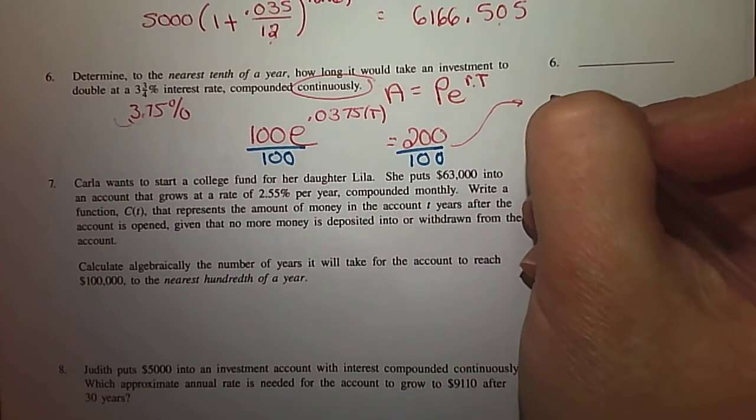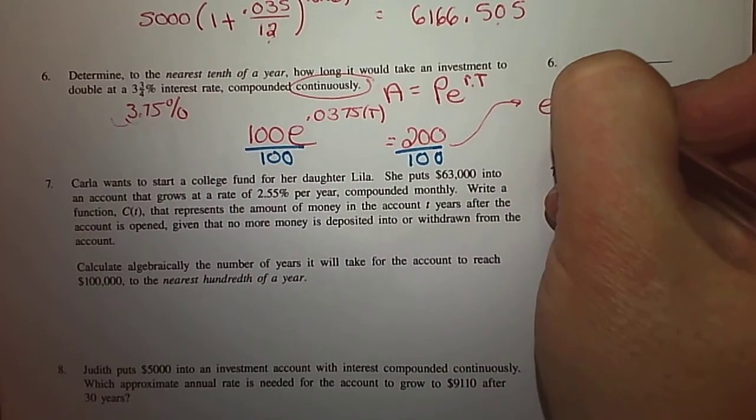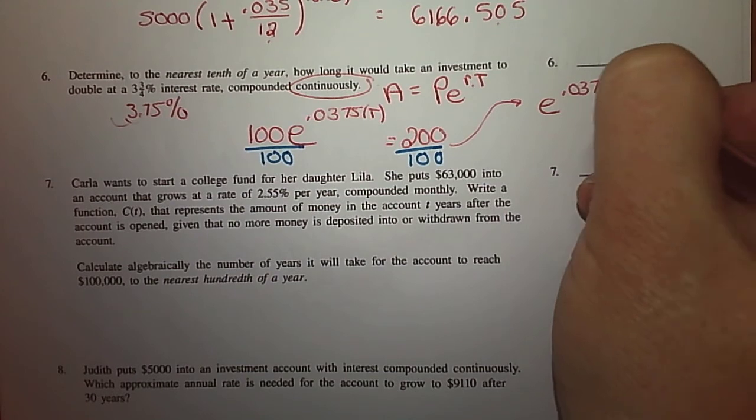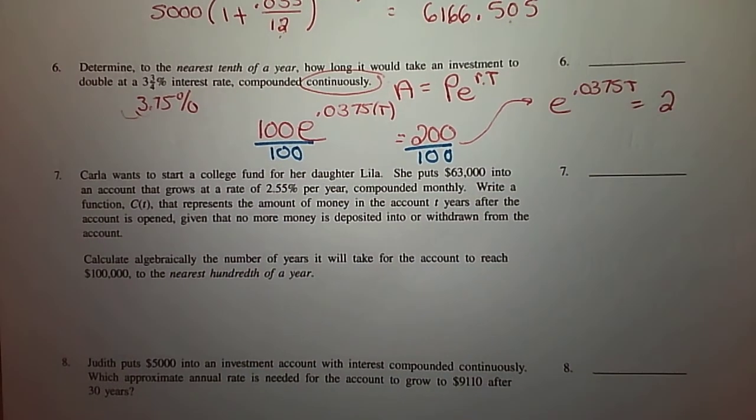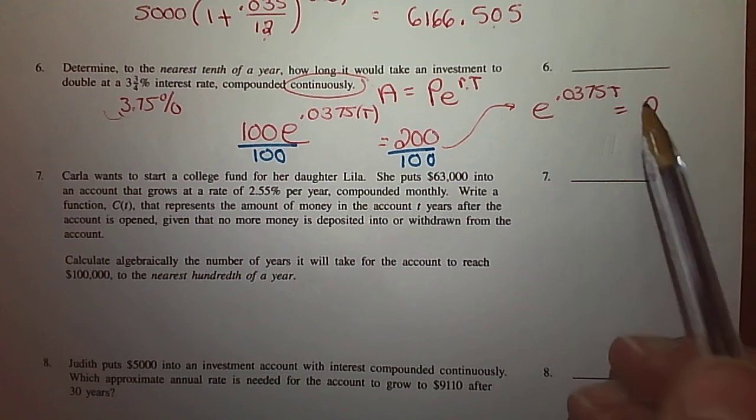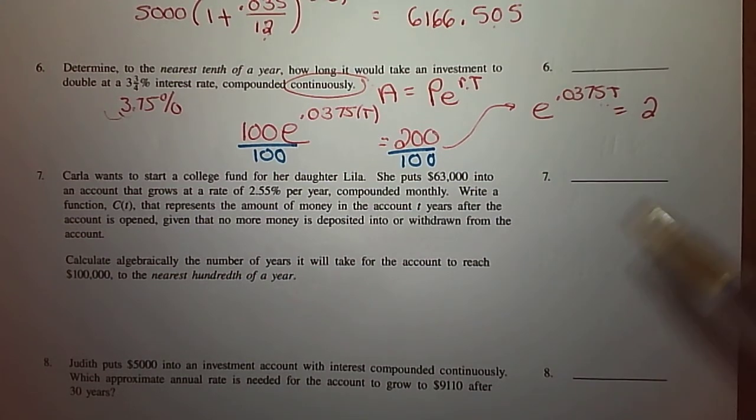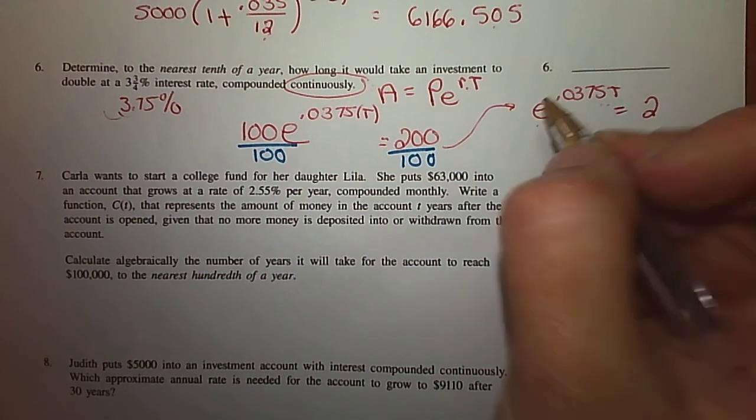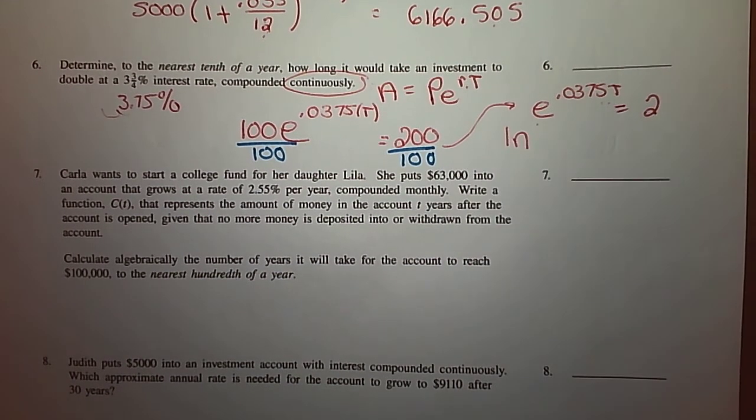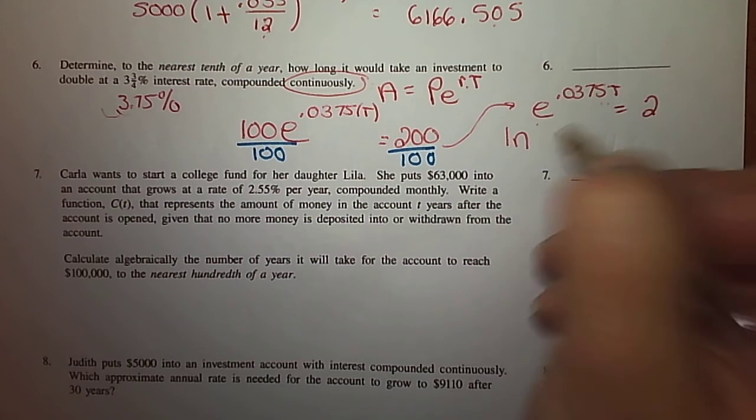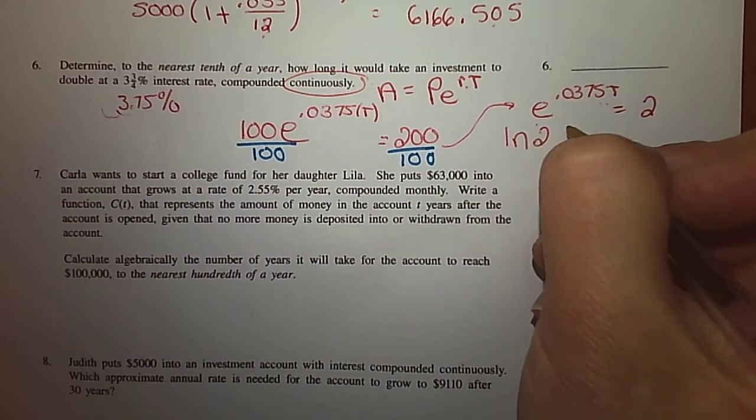Bring it up here. So we end up with e to the 0.0375t equals 2. Now, if the thing you're trying to find, if t is in the exponent, you have to use a log. And because it's e, we're going to use the natural log, right? You don't have to put the e, it's built in. Put 2 there again, equals